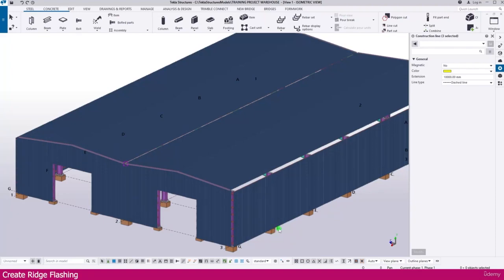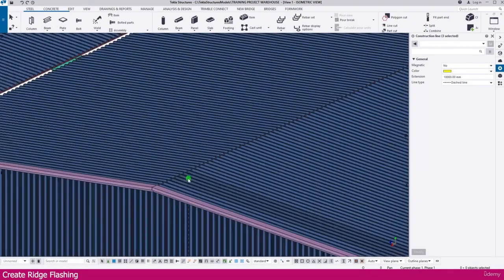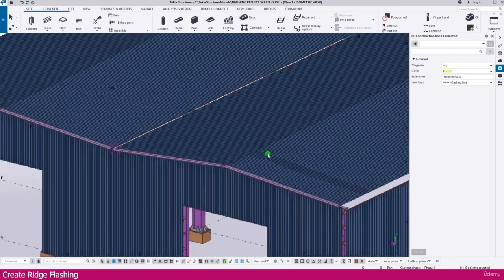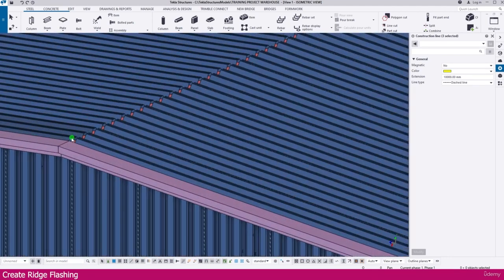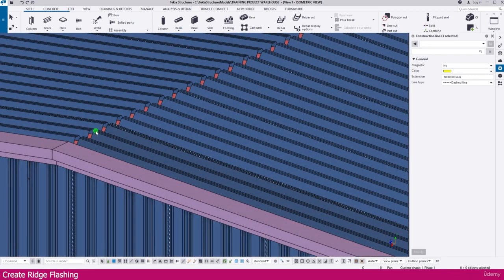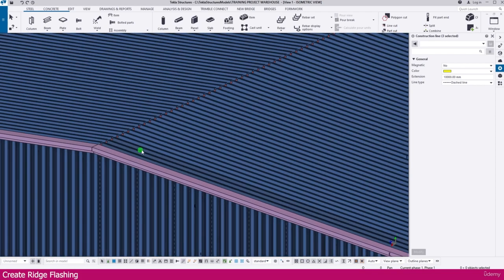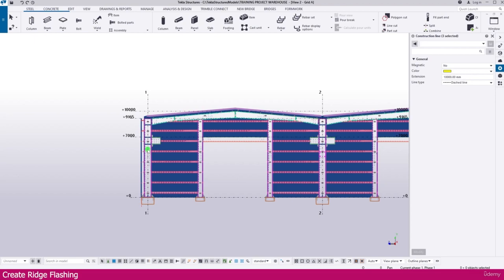Create ridge flashing. Ridge flashing means this is the ridge area. This area we have a gap here, you can see here. This gap we need to fill using flashing. For that I just go to grid A view,